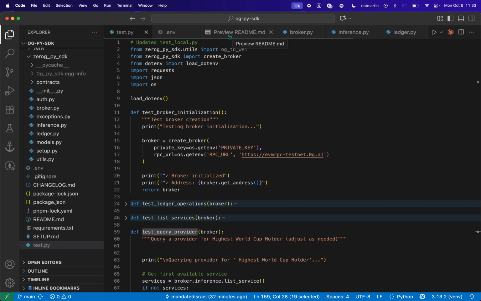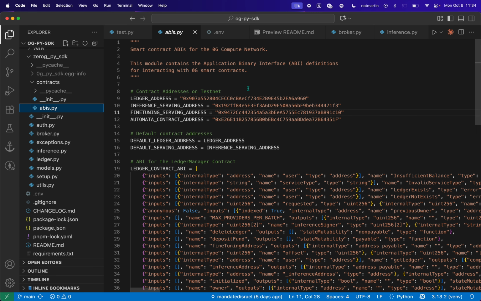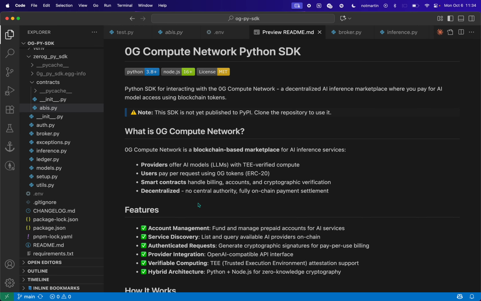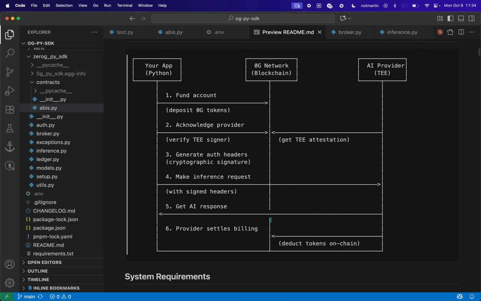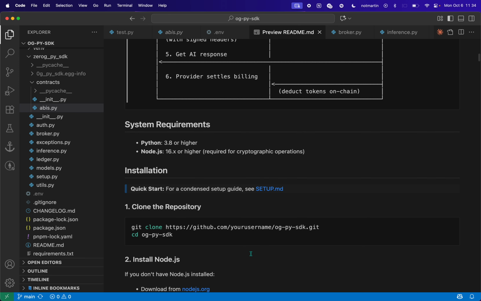This is not a wrapper, so we actually coded it from the very bottom using just two things. We use the ABI, and then we use the contract addresses, and obviously we tend to follow what was built in the TypeScript SDK. And this is the preview of the README, which is well documented. You see the structure of how everything works right here. I took my time to write a very full-blown documentation so that you understand it,